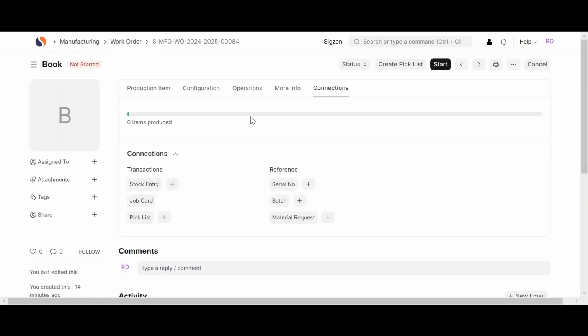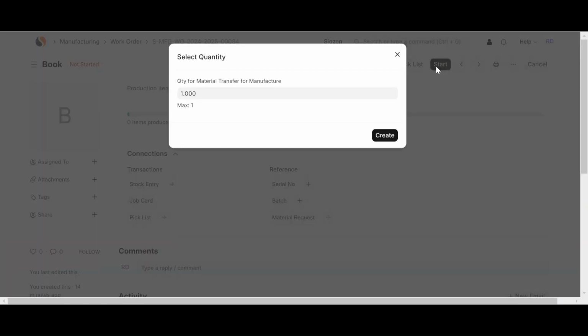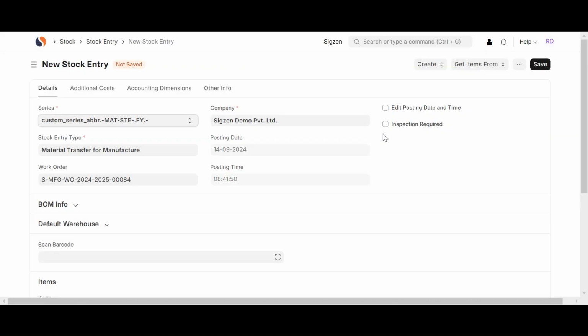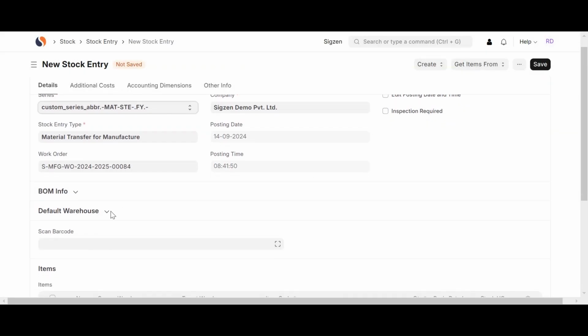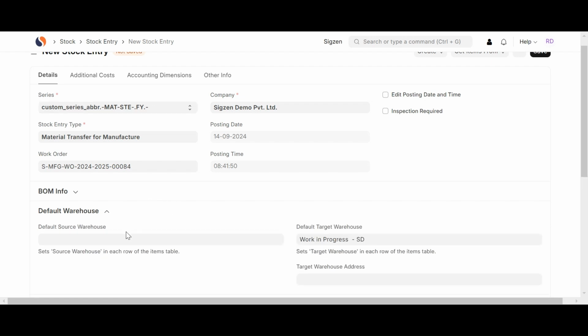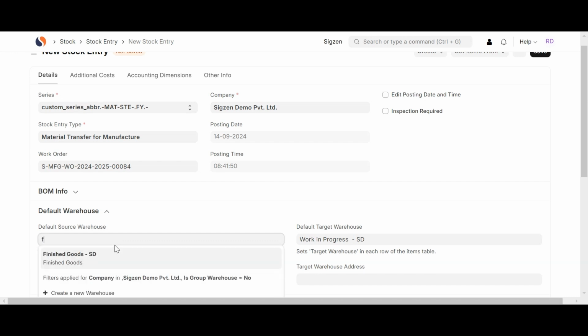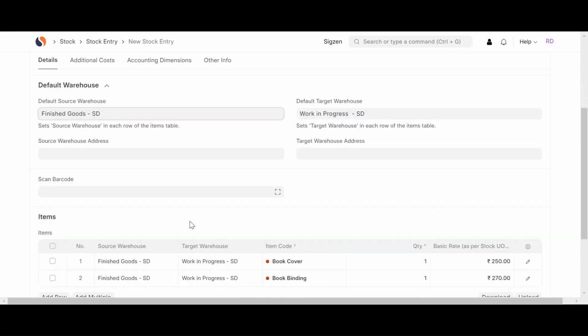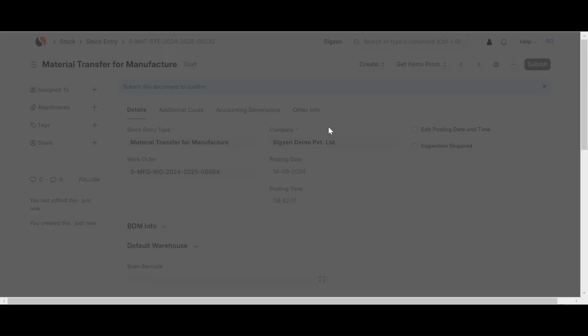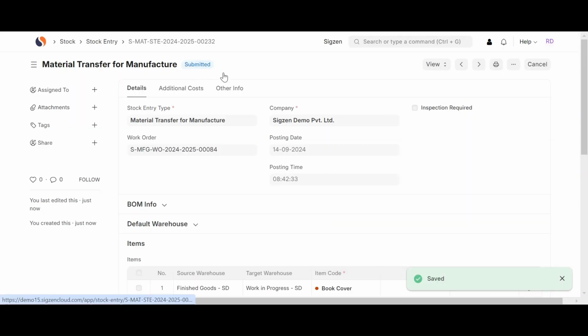And click on job card and click on manufacturing and check the status as open. And we will check all the details and click on start job. And select employee and click on submit and after that click on complete job. And click on submit. After that, click on submit. And now we will check the status as completed. And click on start and click on create new stock entry and click on default warehouse and click on source warehouse and insert the source warehouse in finished goods. We will check all the details, after that click on save and submit. We will see the status as submitted.